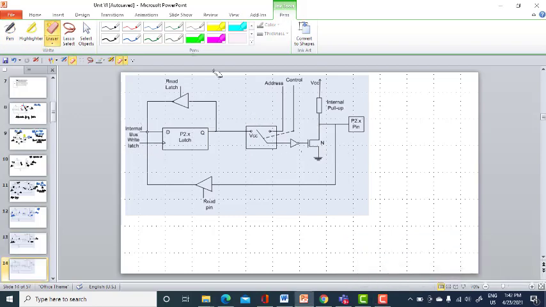Now, what is the alternate function of port P2? It is going to behave as a higher order address bus. When it acts as a higher order address bus, we are not going to place any data in the D latch. Forget about the tri-state buffer and the D latch here. So you have a control signal high, and the address will be high. Both will be high.